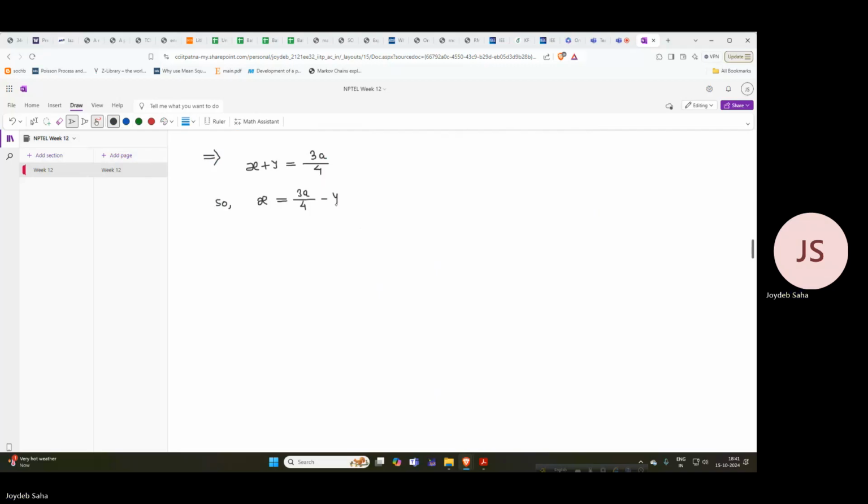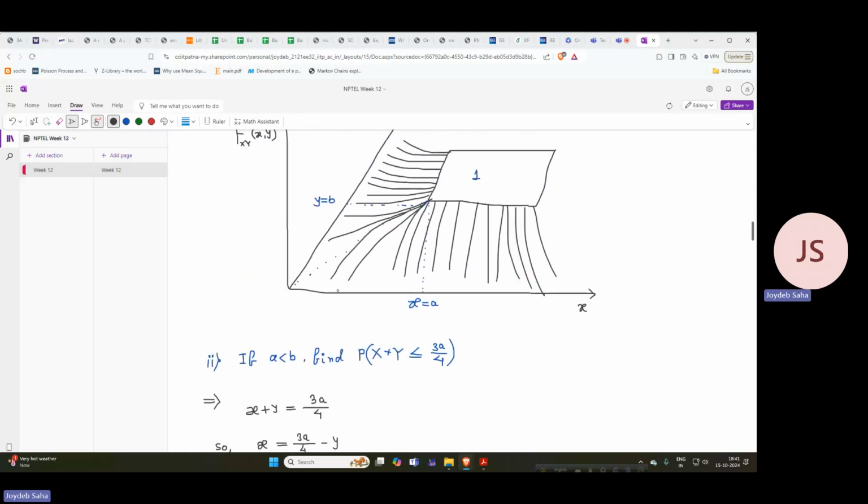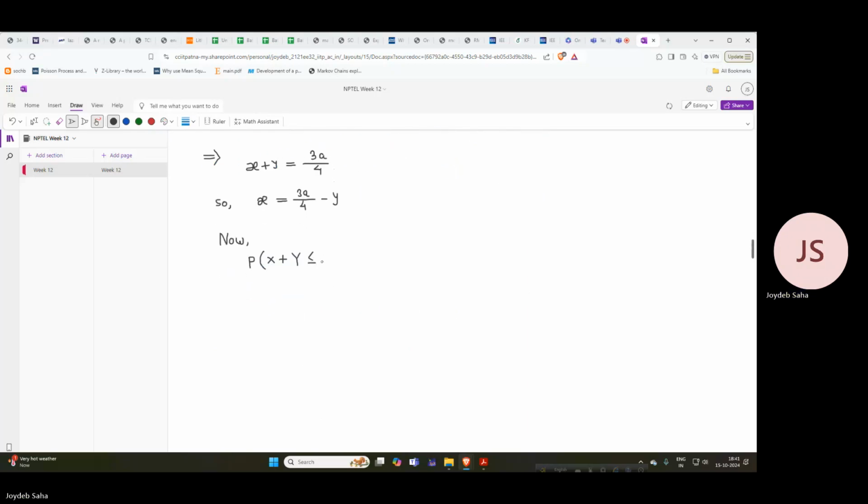Now the probability of x plus y is less than or equal to 3a upon 4 is